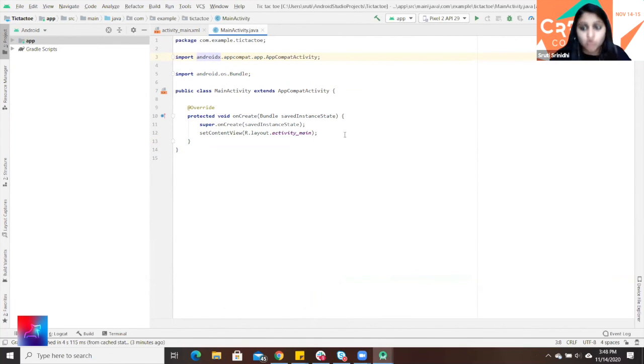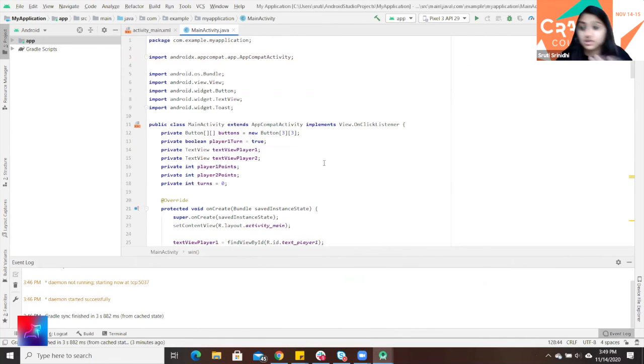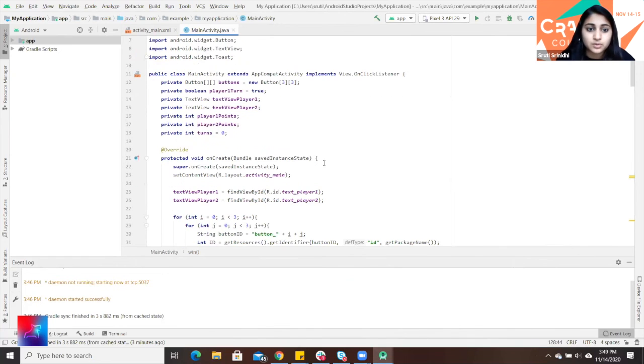So the first goal is to set what we call an on-click listener. An on-click listener is basically something that's listening to the buttons at all points, and when it clicks, it does what we ask it to do on click. So the way we're going to set that up, and I'm going to switch over again to the completed code, is we're going to first create